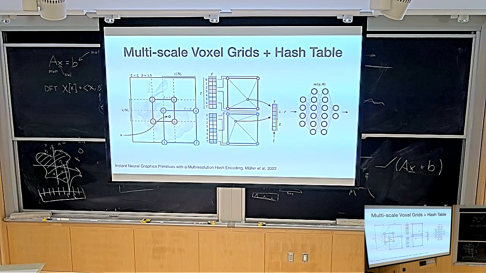One thing you could do is say, I have one low-resolution voxel grid, and when I want to query a 3D coordinate, I take my 3D coordinate, query the voxel grid, and get my interpolated feature at that low resolution. Then maybe I have a slightly higher resolution voxel grid, and I query that one as well, and I get another feature. You might want to do that on and on, but of course at some point, as we discussed, it gets too expensive because the voxel grids get too big.